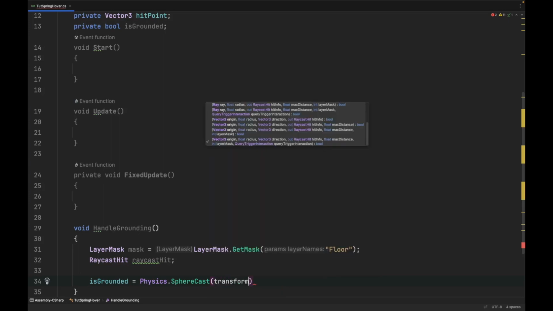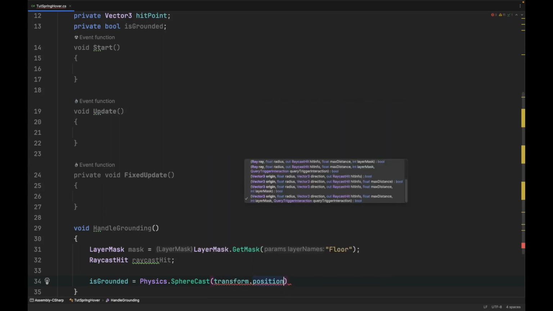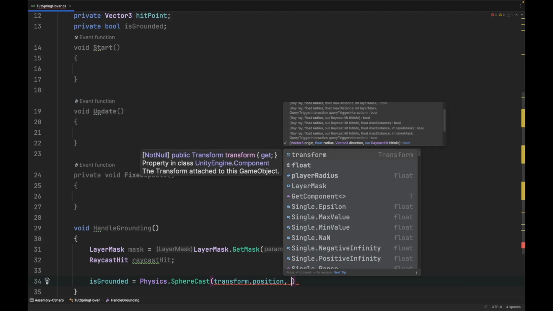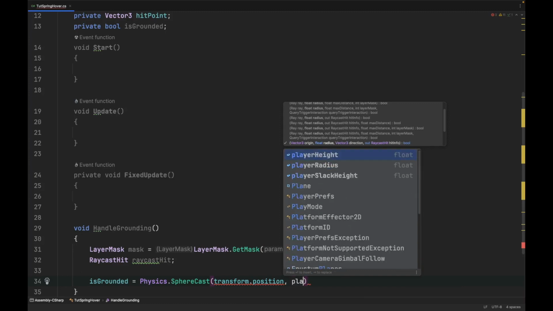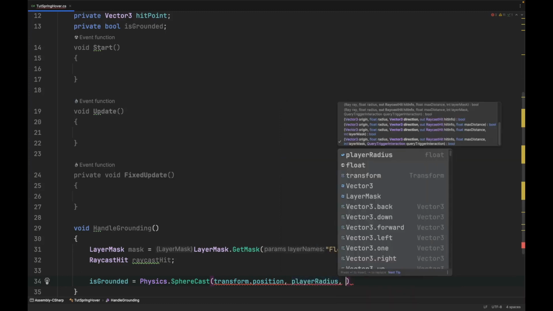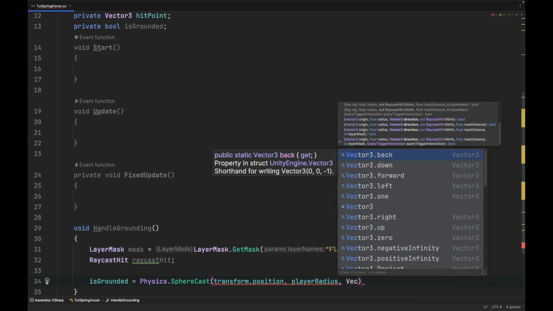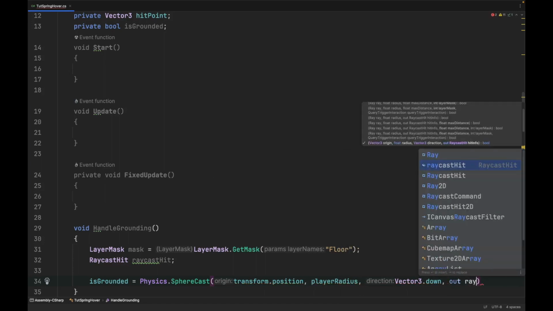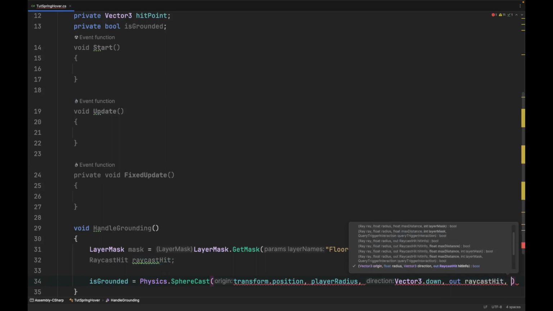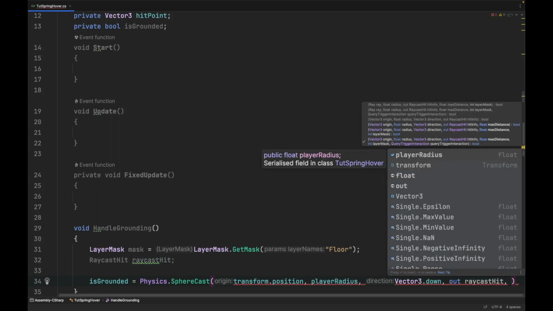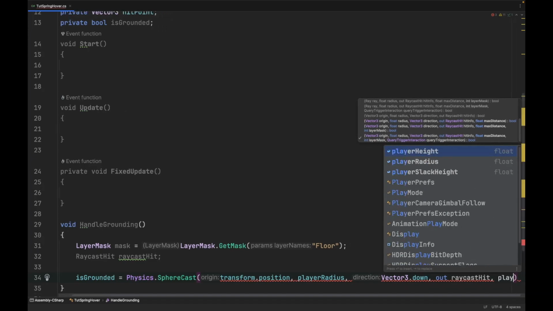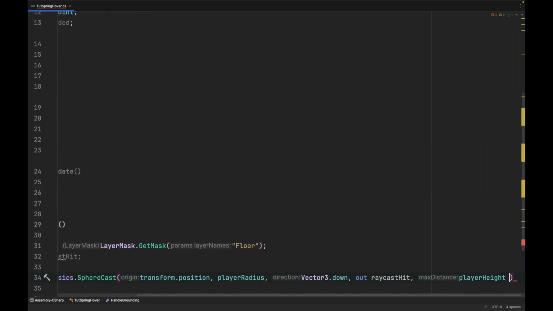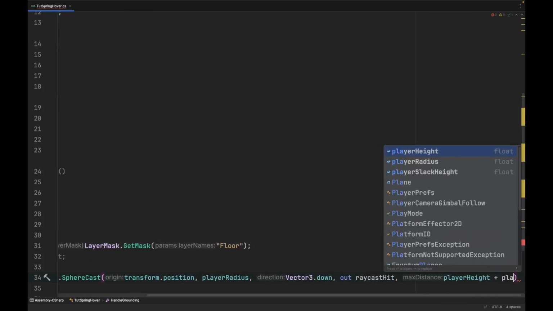The way you call it is first you specify the origin or the starting point of the ray, then you specify the radius of the imaginary sphere, then you specify the direction where you want to shoot the ray, then you specify the variable where the results should be stored. Do keep a note of the out variable, which tells us that the result should be stored. And then you mention the height of the ray, which is the player height plus the small margin of error that we are giving it,